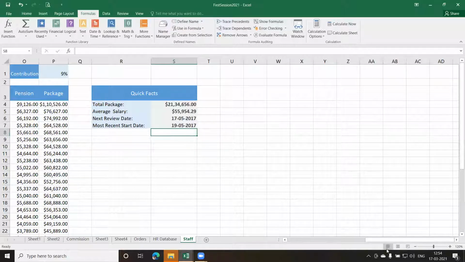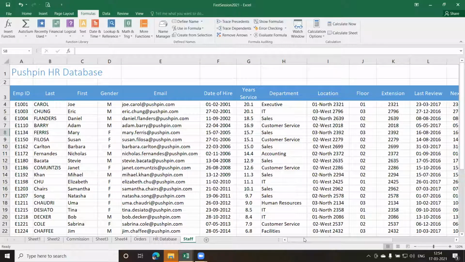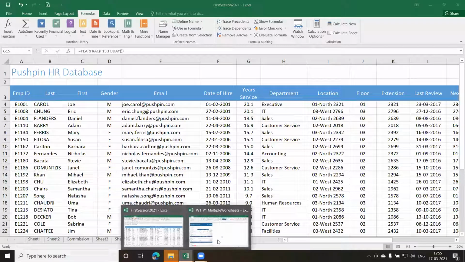Fine. So this is how you can give names to the cells or the ranges as well. The table, we have already seen how to give a name to the table. You can also select multiple columns and give a name to that particular range of data. Now coming to a 3D formula. Okay, 3D formula is interesting. For that, I have some other sheet. Let me show you some other sheet. Here it is.